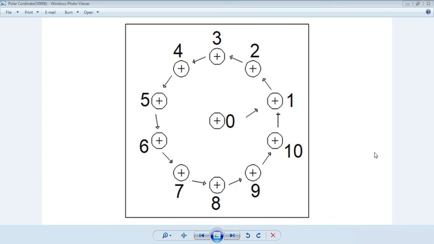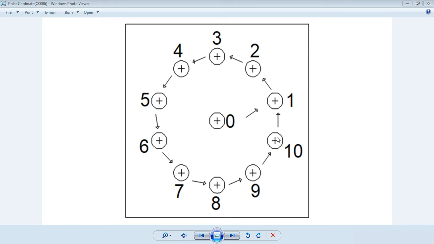Okay, so we have our next example over here. Take a couple of minutes, maybe pause this video, and look at this diagram given to us. The diagram has been given to us over here, and we have to machine